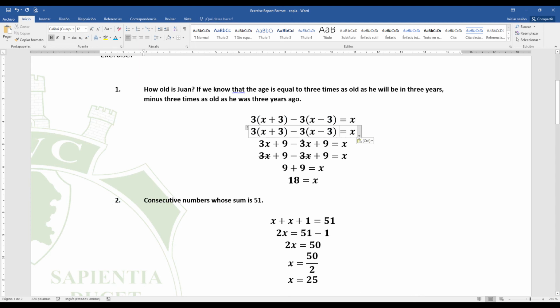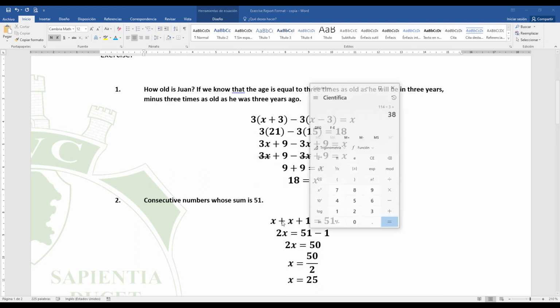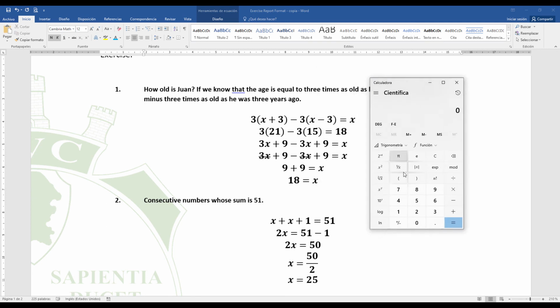So here is 18, this is 18 and 18. So you get here 21, you get here 15. You can use a calculator. For example, 21 times